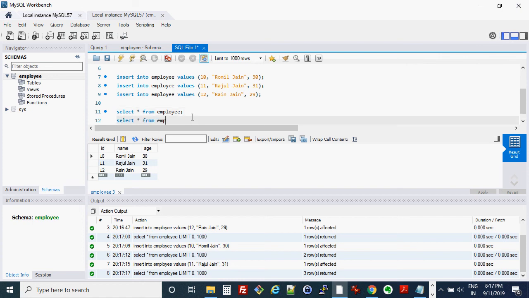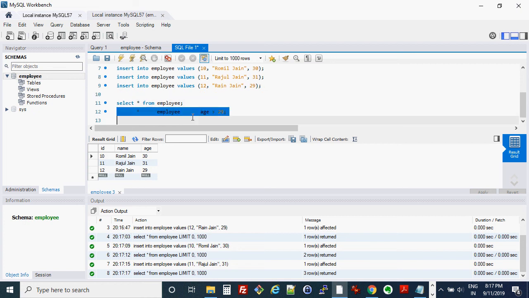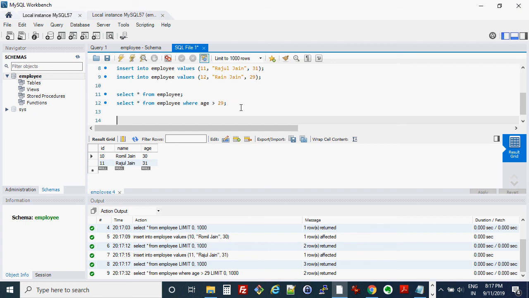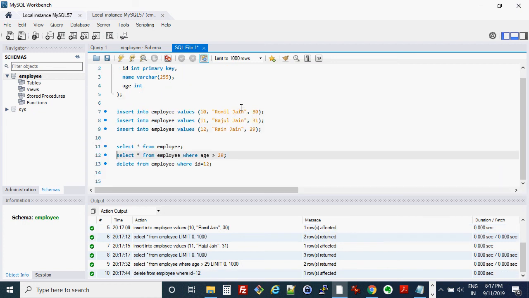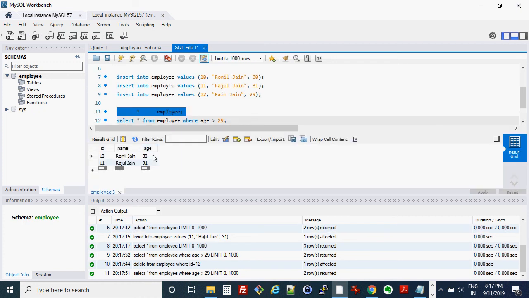Select star from employee where age is greater than 29. So two rows are shown. I can do a delete from employee where id equal to, let's say, 12. And by the way, all the outputs are shown over here. Now if I do a select star, I'm just seeing two users or employees entered into my table,